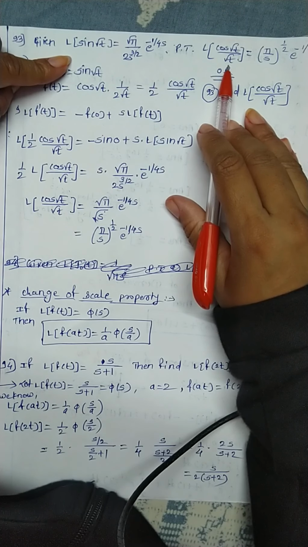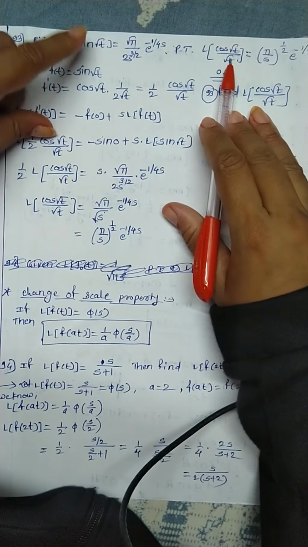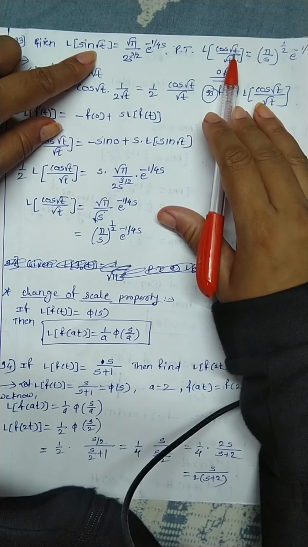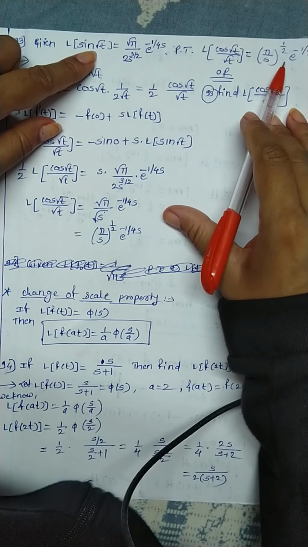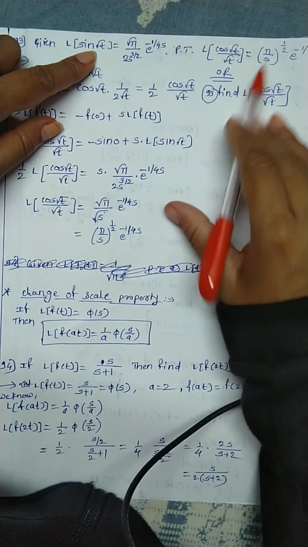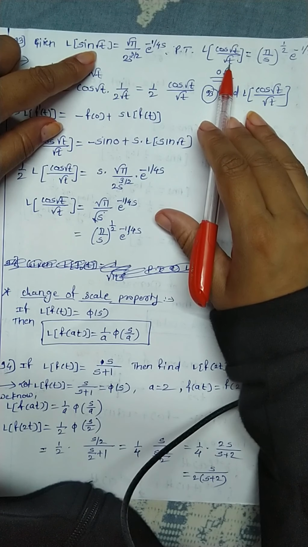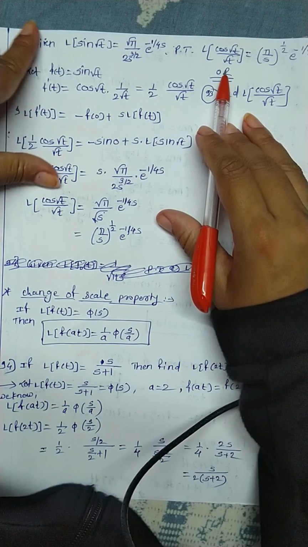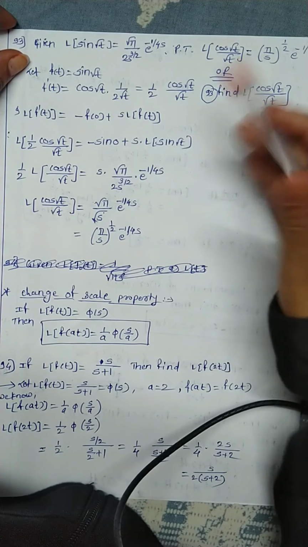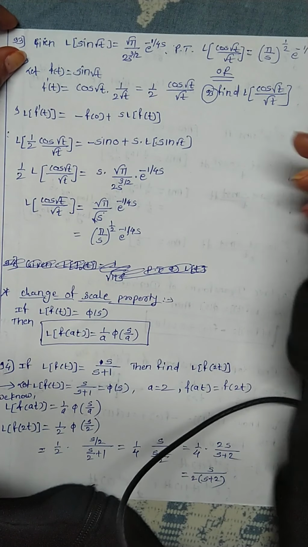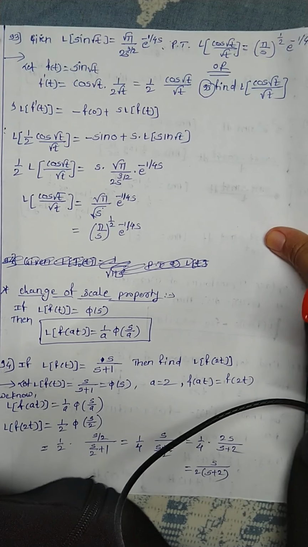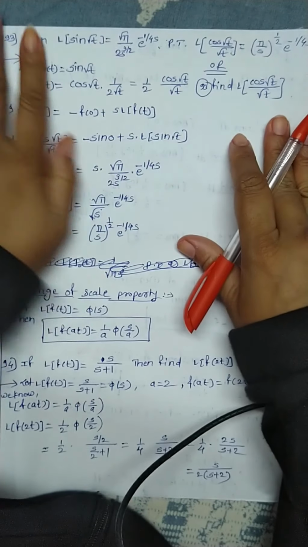Now if you observe these two, what is the derivative of sine? It is cos. Find the derivative of sin root t. We get cos root t, and the derivative of root t we have to multiply using the chain rule. What is that? 1 upon 2 root t, which comes in the denominator. 2 is a constant, we can manage that. That means we have to use the Laplace transform of derivative formula here. In this way you have to think about every example.